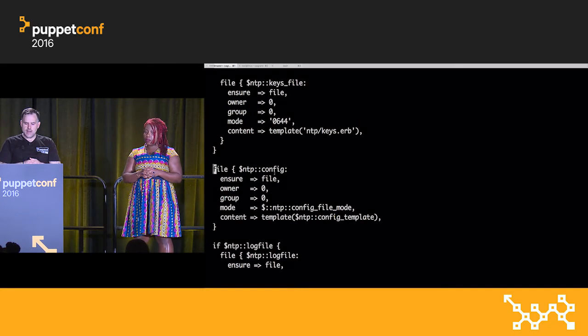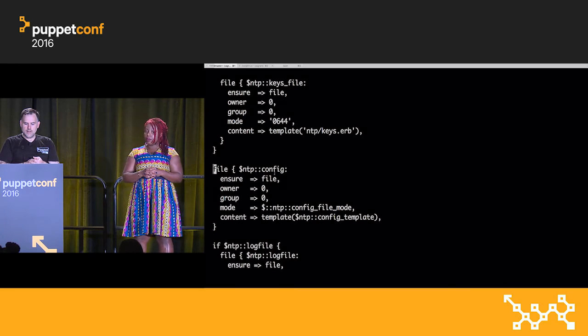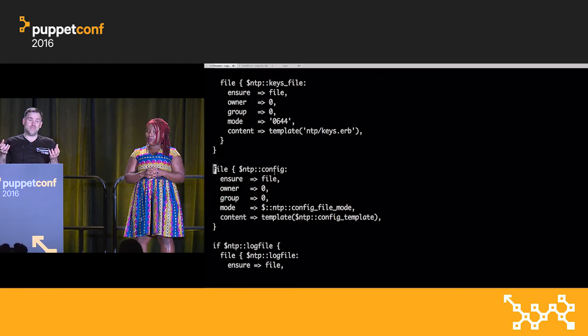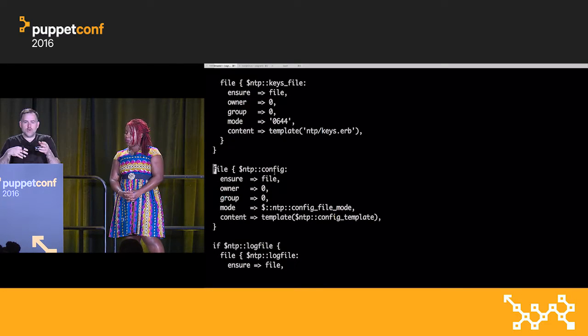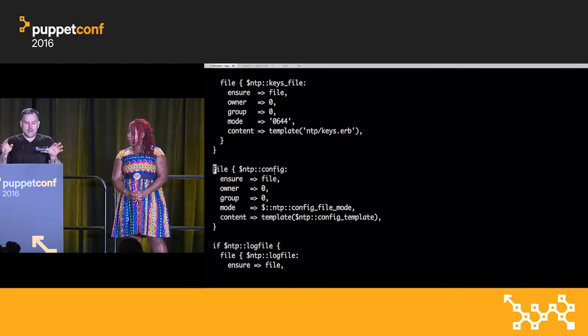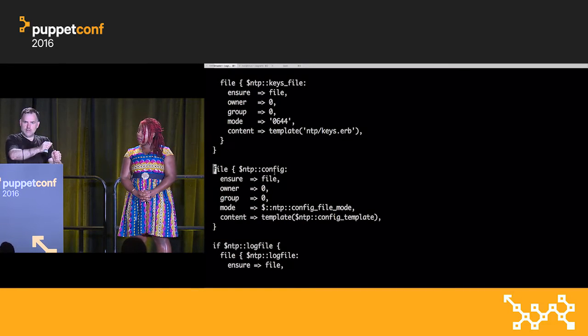So we actually have a template, again, per operating system family that's going to be appropriate. And so we're going to pull in good default values. And so this NTP module is really pretty cool. And it's one that's supported. It's a Puppet Labs NTP module supported on the Forge. So it takes care of all those defaults for you, so you don't have to worry about them. If you'd like to tweak any of those dials and knobs,